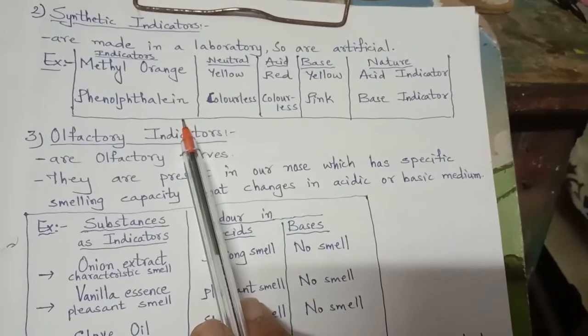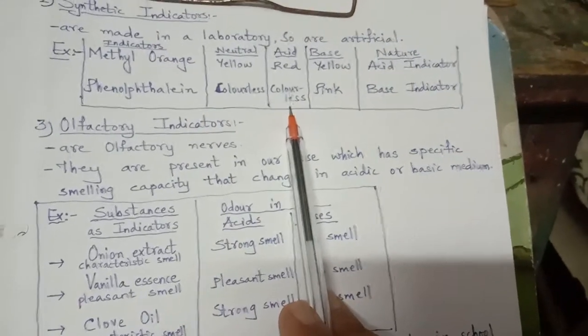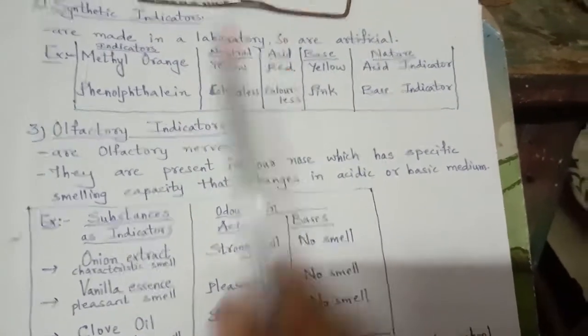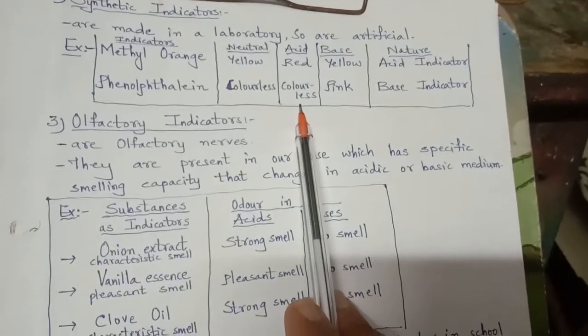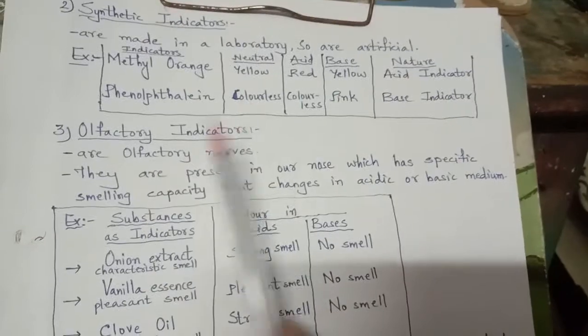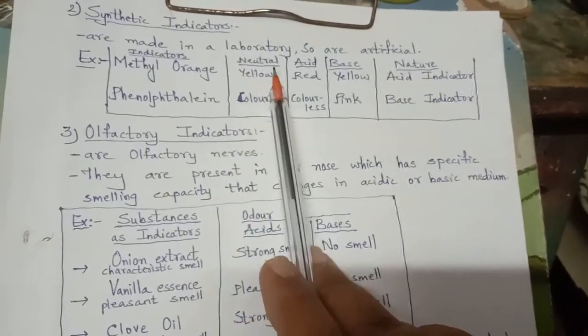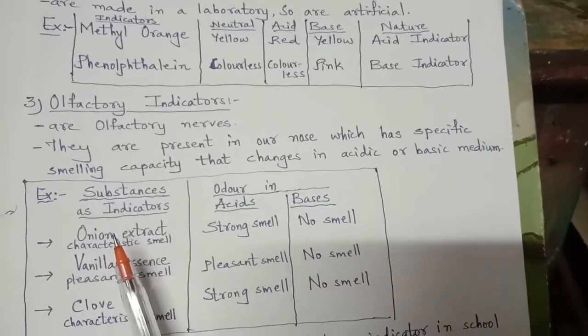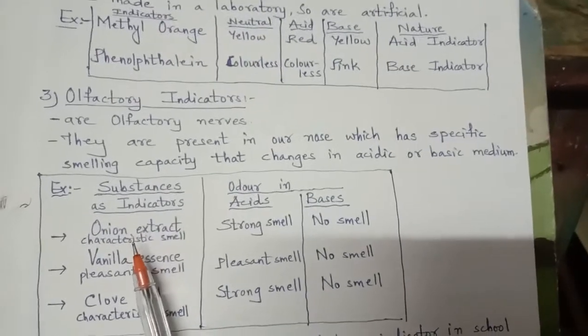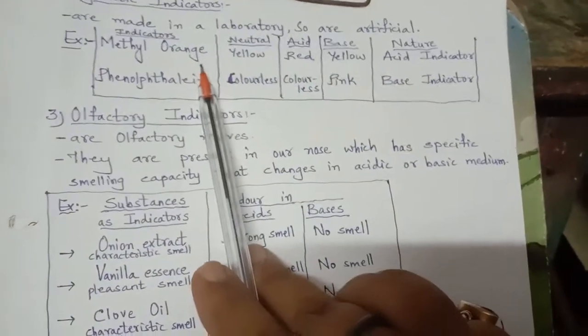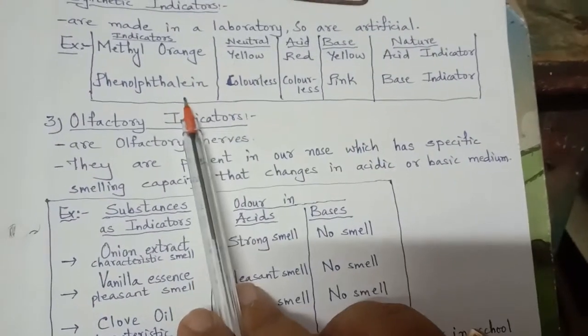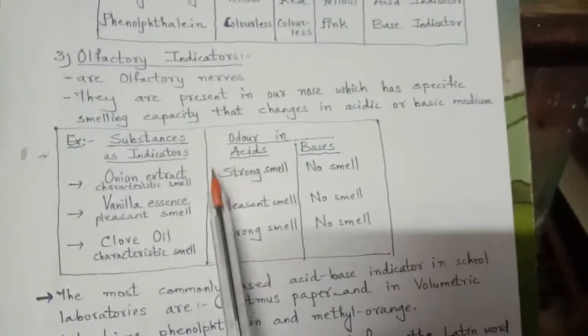Phenolphthalein added to a solution, and the solution becomes colorless, then the solution is acidic. Right? A little faint color can be seen. That is acidic. And completely colorless shows us the neutralization of the solution. So this is how acid and base are indicated by the use of methyl orange and phenolphthalein in the laboratory.